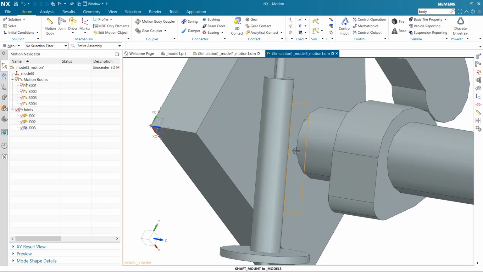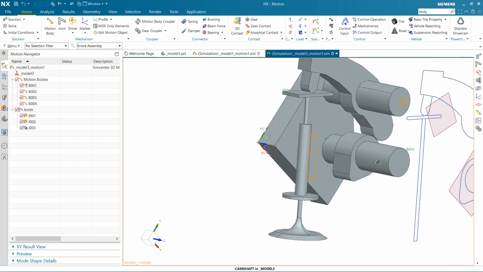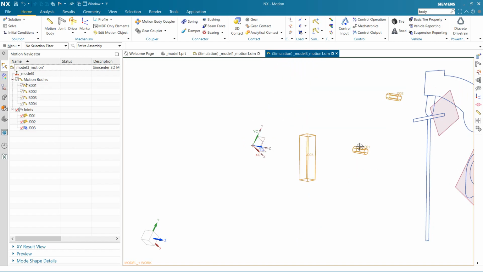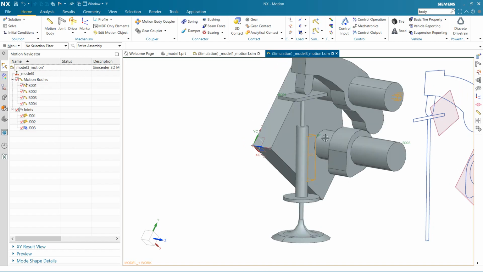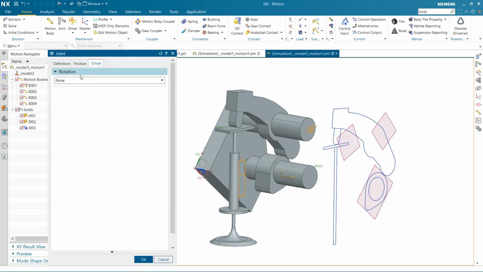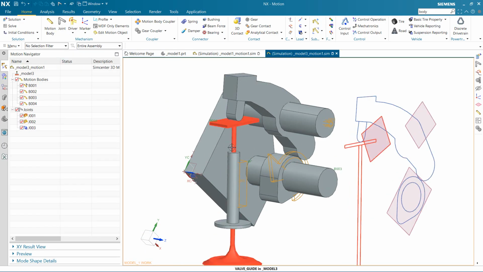Okay, let's check everything. Does this thing move up and down? This thing moves. You don't really see the joint. So here. So this thing around there. That's it. That's good. That's cool. Okay, so now, oh sorry, I had to build the driver for it. I would put the same velocity, 360, and okay.